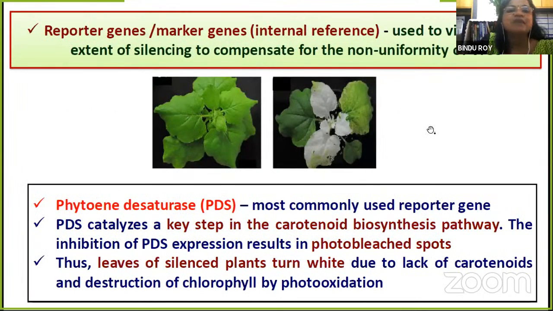Now, for this, we make use of reporter genes or marker genes, which are used as internal reference. This is mainly used to visualize the extent of silencing, to compensate for the non-uniformity of the virus-induced gene silencing. In this case, the most commonly used reporter gene is phytoene desaturase, or the PDS gene, which catalyzes a key step in the carotenoid biosynthesis pathway. The inhibition of PDS expression results in photo-bleached spots. Thus, leaves that are silenced become whitish because of the lack of carotenoids and destruction of chlorophyll by